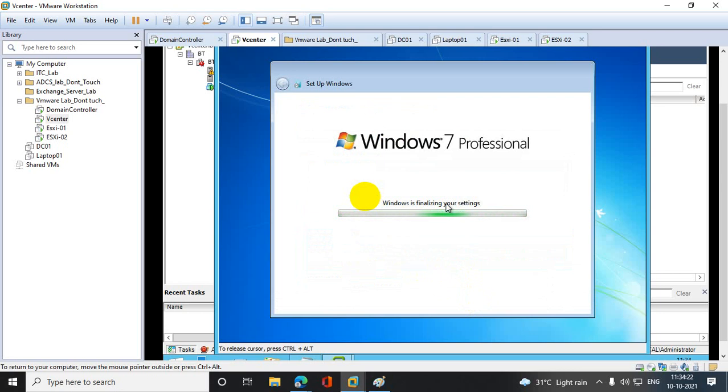So the Windows machine is configured successfully. Then I hope after that it will give me the option to attach the RDM.